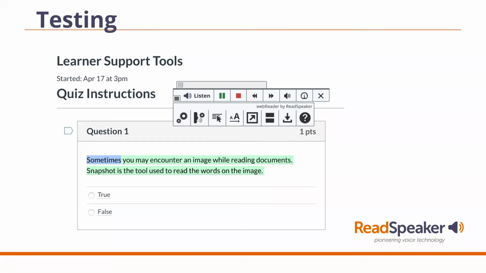So if they want to answer question 1 and then question 4 and come back to 2 and 3, if that's allowable on the test, they can do that. If they answer something and then they get to thinking, you know, that's not right, I need to go back to that, they can go back to where it was and re-answer it, provided the instructor lets them do this. The other thing it does is it frees up your disability staff so that they can attend to other duties. And as we know, most disability areas are understaffed for the amount of students they work with. So there's always something else that you need to be doing besides standing there reading a test.